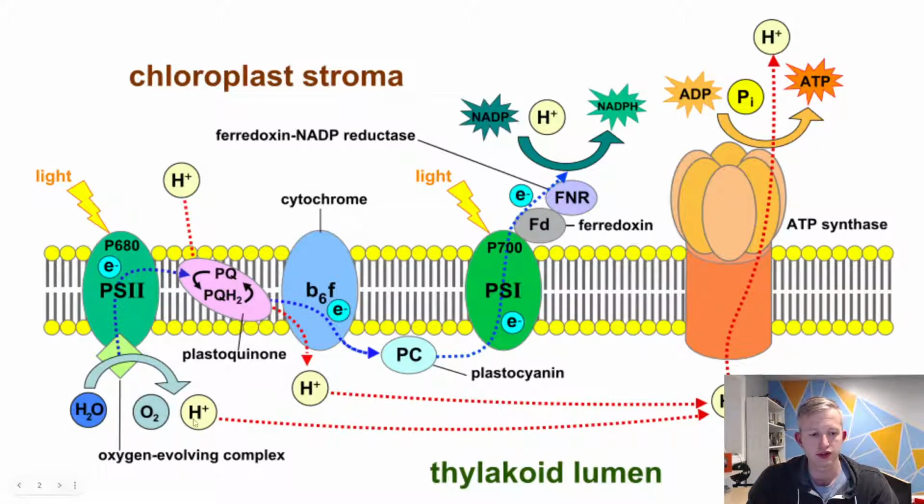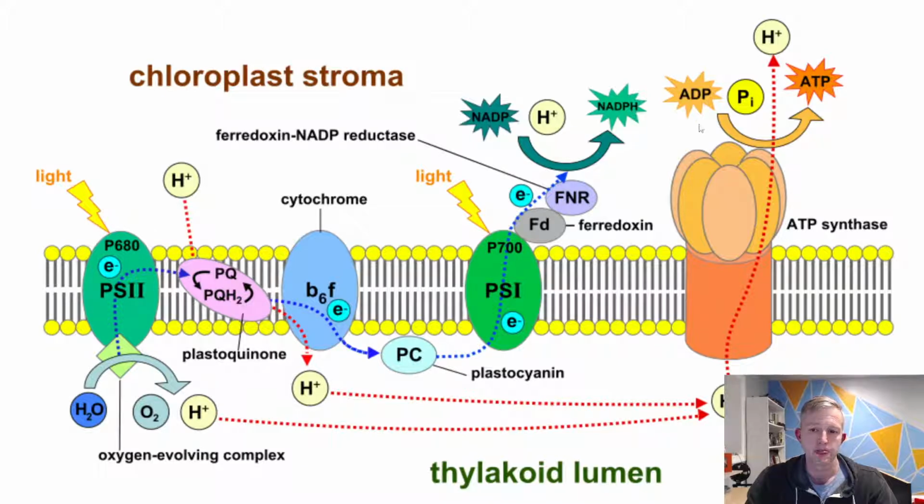The other thing we're producing is more hydrogen ions. And remember, we are losing hydrogen ions on the outside of the thylakoid by pumping them across into the thylakoid, and we're also now splitting water, producing even more of these hydrogen ions, these protons, which means we're really building up a high concentration of hydrogen ions. So, if we look at this, photosystem 2 is all about pumping hydrogen ions, photosystem 1 is all about making NADPH. The flow of electrons is from water to photosystem 2 to photosystem 1 to the